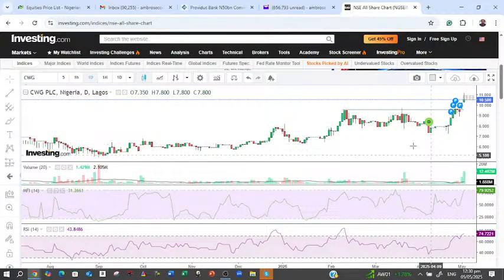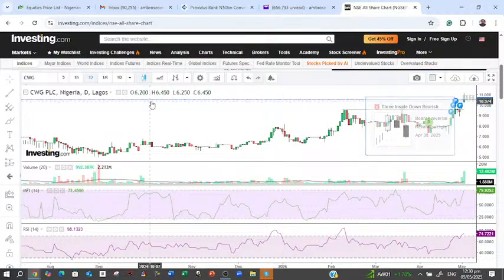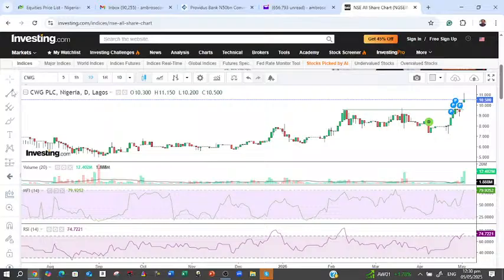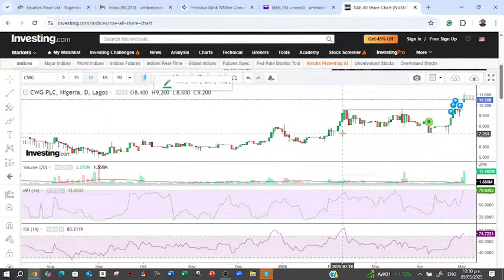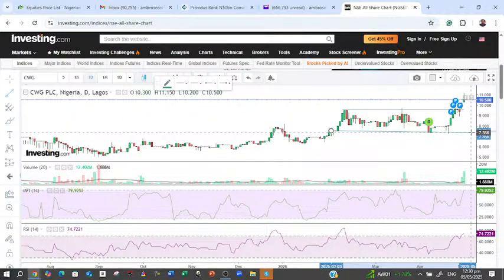If you're paying attention, you can see that from here to here, I've shown you one on the down. Here is another support level that you can pay attention to. Look at it here, this resistance here, and now support. Now again, we take it here, down here. You can see at this point.